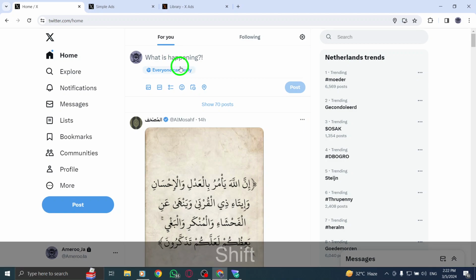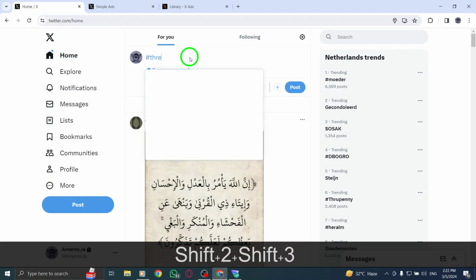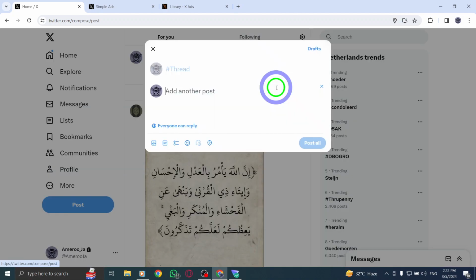If you wish to add a thread to an earlier post, simply click on More and select another post to continue the thread. This feature gives you the flexibility to expand on previous tweets and maintain a coherent conversation with